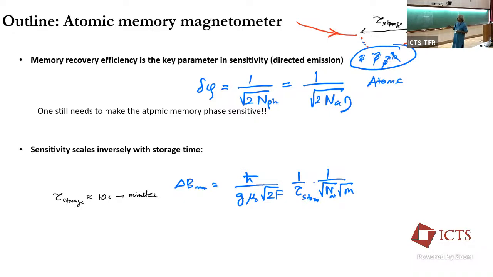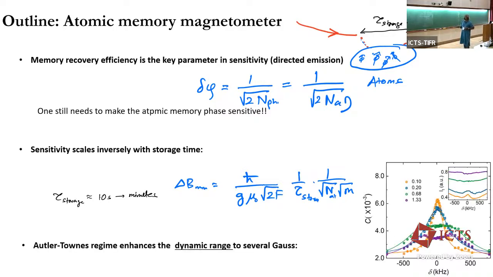Firstly, a lot of effort is going on here. Just by increasing the recovery efficiency, one can very quickly come to the standard quantum limit. But also, since we are now talking about free evolution with storage, this tau now becomes a function of storage time. Remember the earlier equation, just before equation 1: this goes as 1 over tau, but this tau is now the storage memory time.